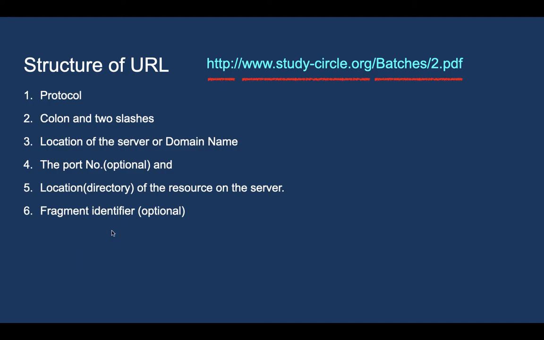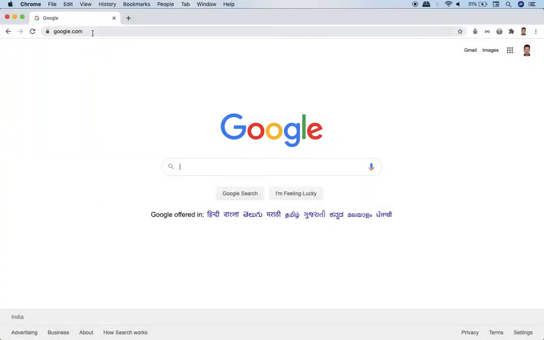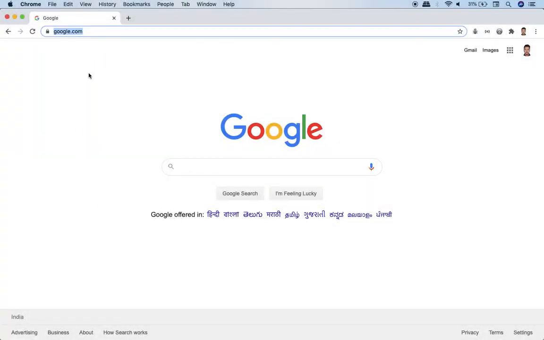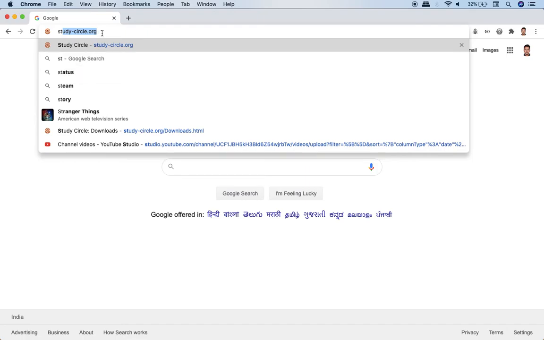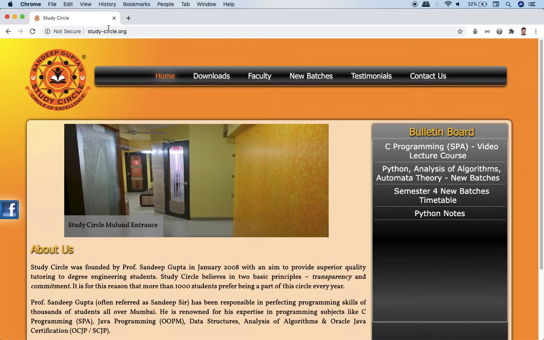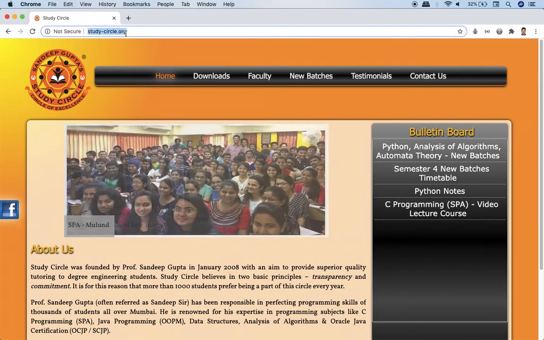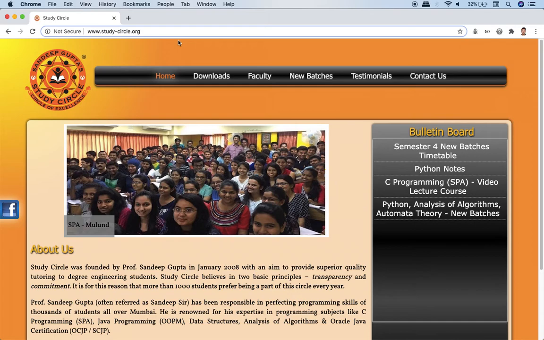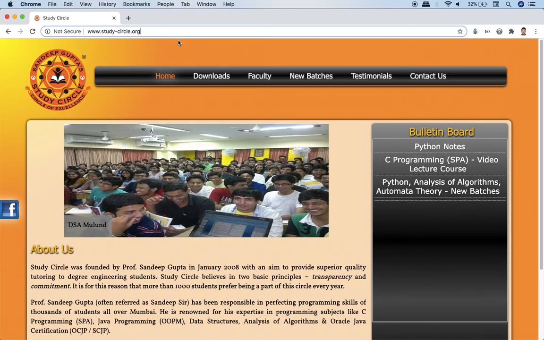Now, what exactly is this port number? So, to understand that, let's go to the web browser, let's go live. Now, what happens is that whenever our web browser is accessing any website, it will access that website on some particular port number, and usually that port number is 80. Okay. So let's say I type www.studycircle.org. Okay. So this website opens in front of me. Now pay good attention. Instead of giving studycircle.org, I could have given this also. Look what I am doing.